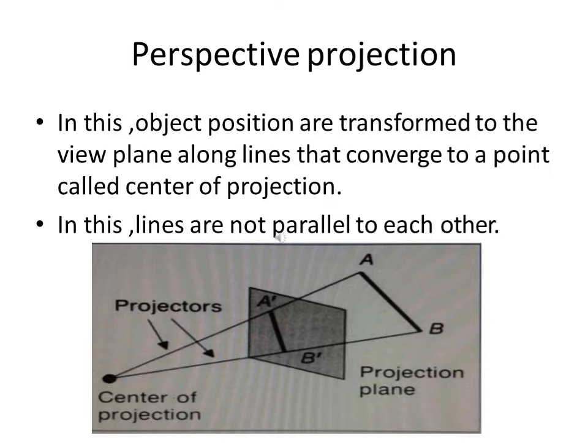First is the perspective projection. In perspective projection, the distance of the projection plane from the center of projection is finite. The object size changes in inverse order with distance. The perspective projector is used to determine the projector lines that come together at a single point. The single point is also called the projection reference point or center point.